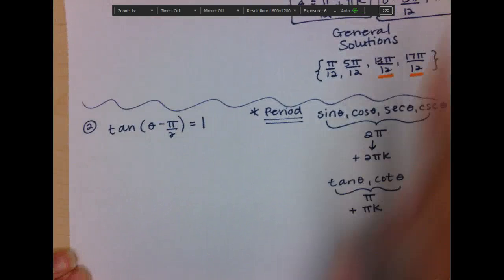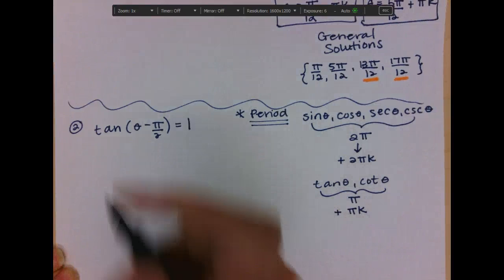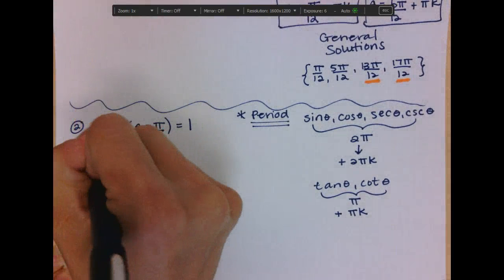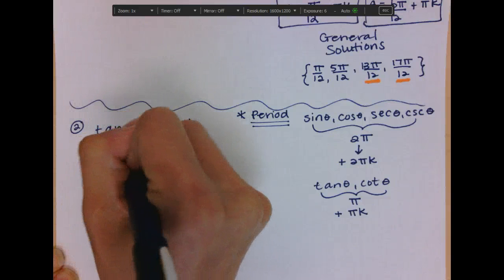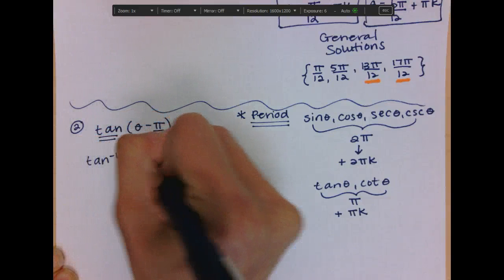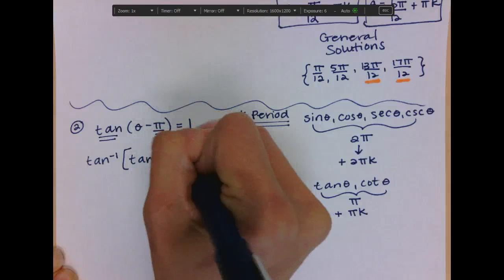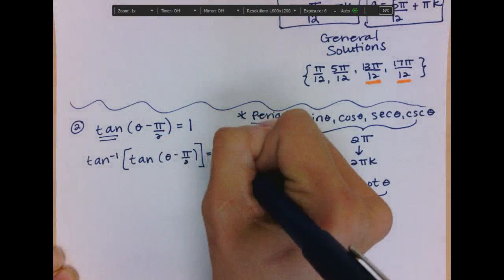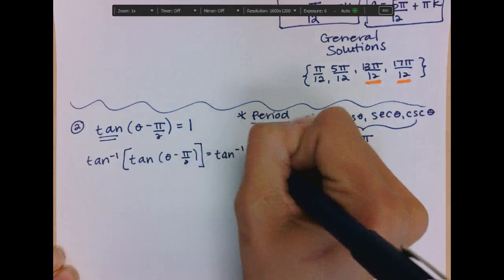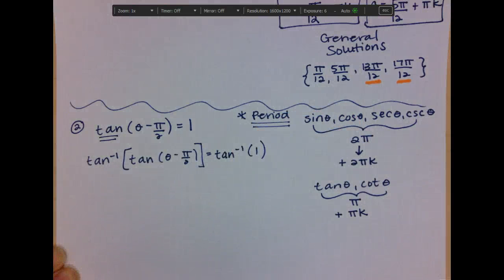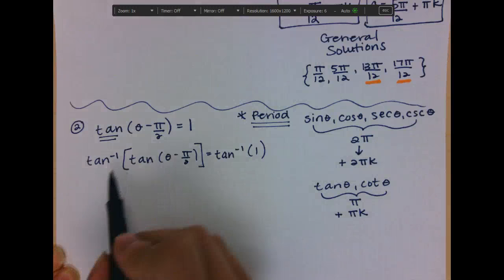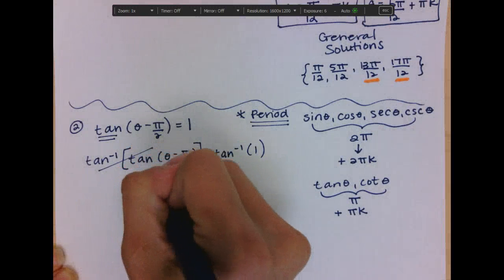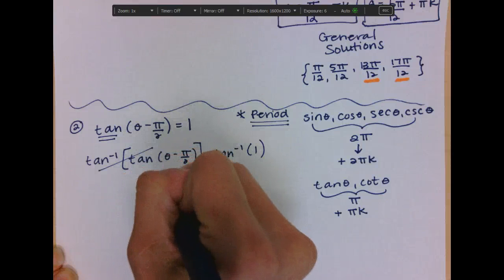So the first thing that we want to do in this equation is get rid of the tangent. So how do we undo tangent? Well, we inverse tan. And what you have to remember to do is inverse tan, or inverse anything, both sides of the equation. Alright, so tan and inverse tan cancel out, and I'm left with theta minus pi over 2